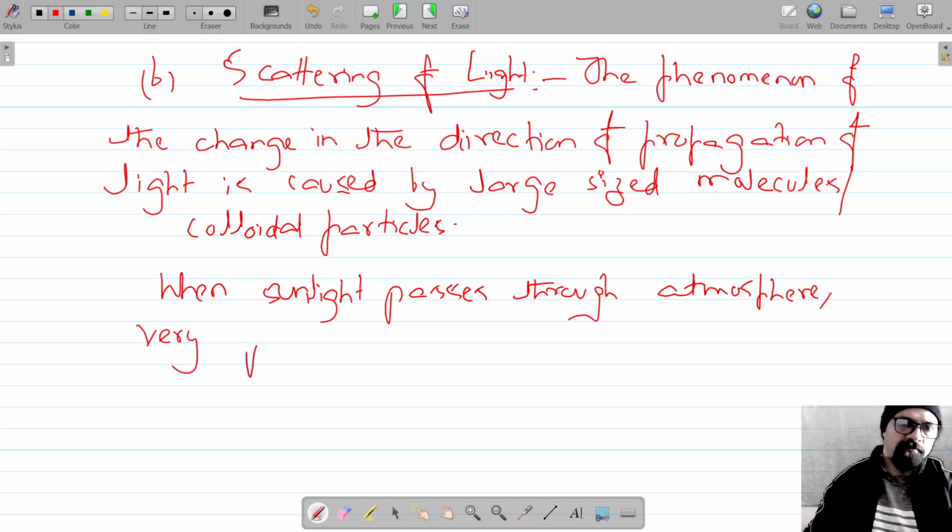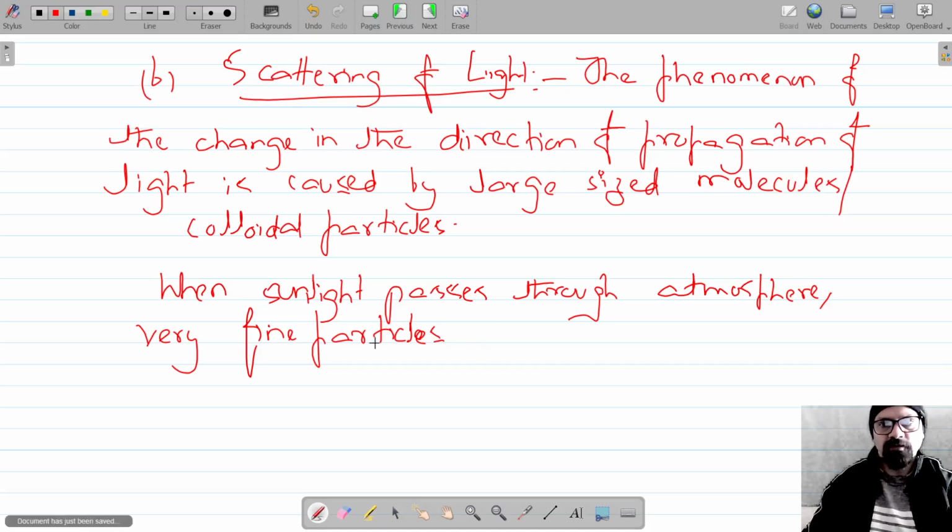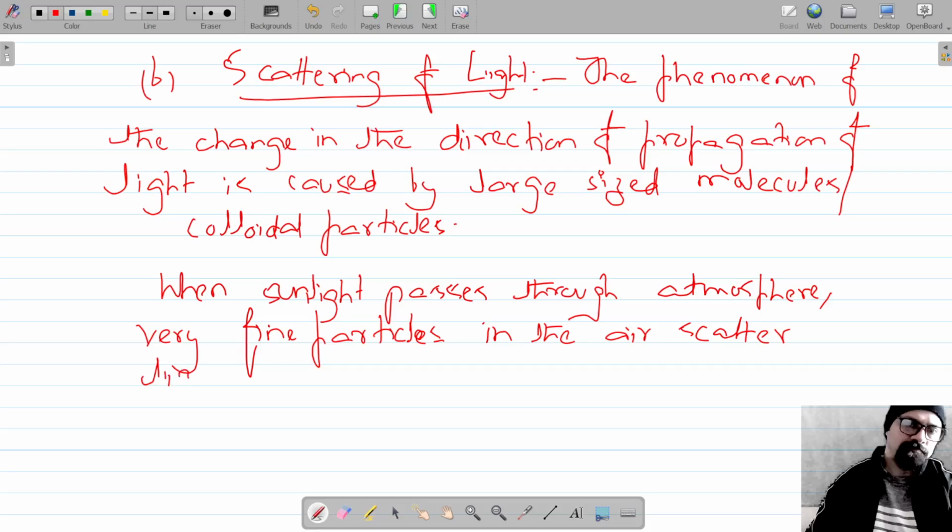So when sunlight passes through the atmosphere, very fine particles in the air scatter light of shorter wavelength, which is blue,